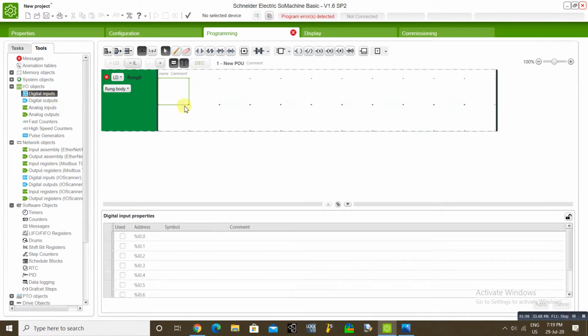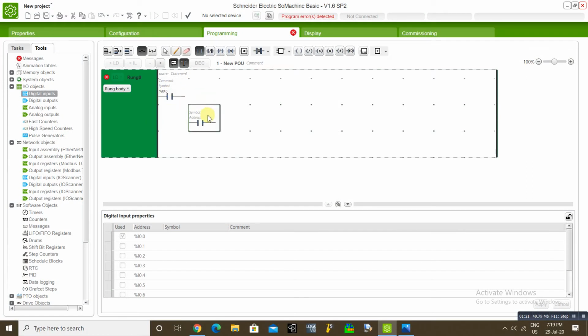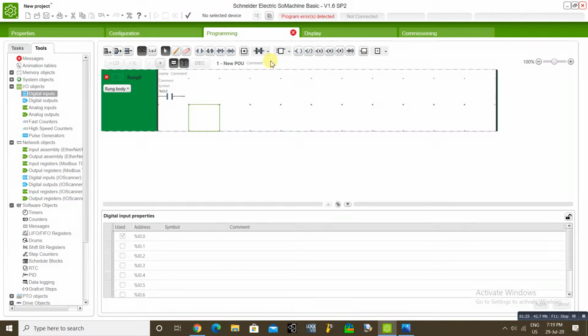For example, we will assign one input. So this is stop. With this input we will connect a timer.